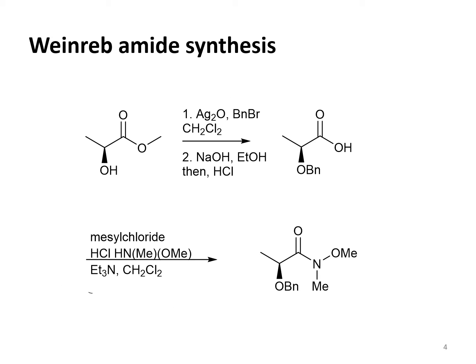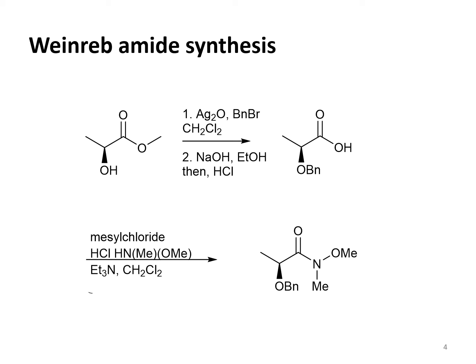In order to synthesize these allenes, we first needed to synthesize a Weinreb amide. And in order to do that, we started off with our starting material, and we focused in on the methyl ester. And we added silver oxide followed by benzyl bromide, which protected the alcohol group, and it was done in dichloromethane. And we let that sit for about 48 hours, and after 48 hours we filtered the silver oxide through